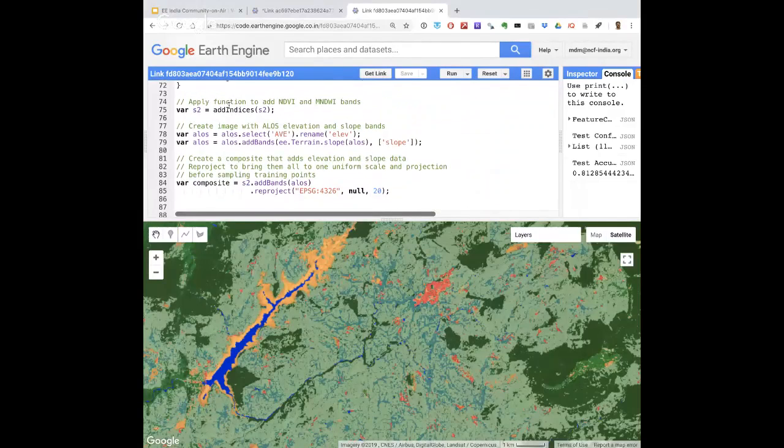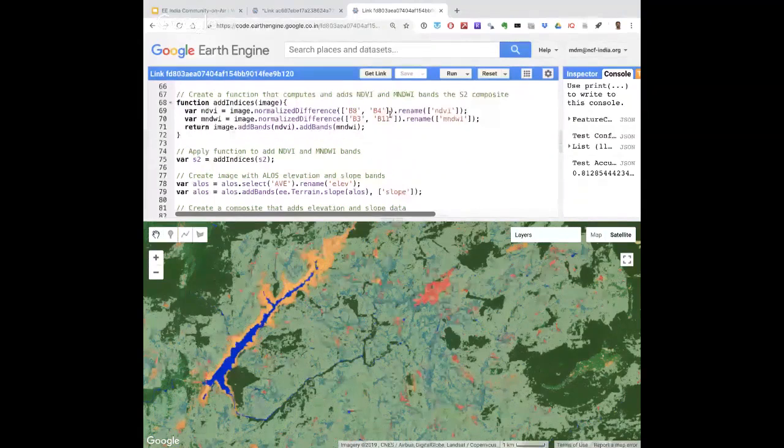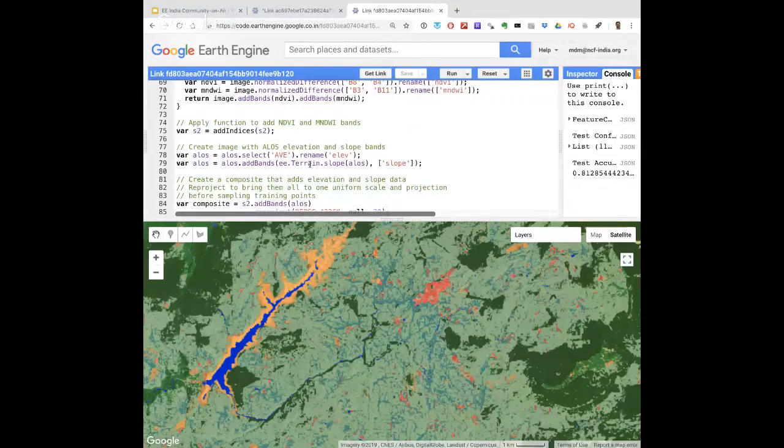The second thing is that you are not stuck with just having to take one set of images and create a median. You could, for instance, be adding NDVI, or the NDWI if you're interested in water. Then you can add these as bands to your composite and improve your classifier. That is largely the task we are hoping you'll be able to do this time with your own creativity and ingenuity. You can also add other kinds of sensors, like this ALOS elevation data set, from which you can bring the elevation data, and you can add all of